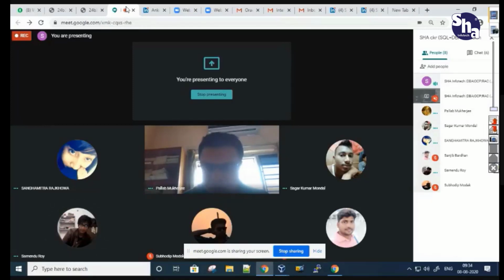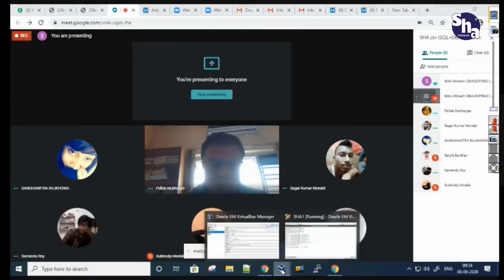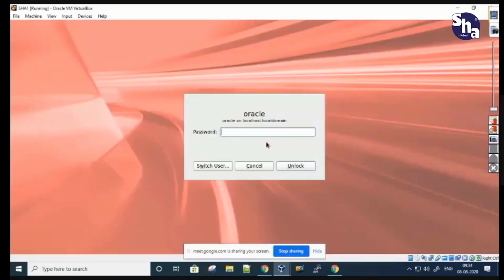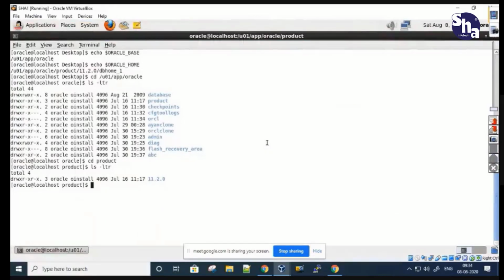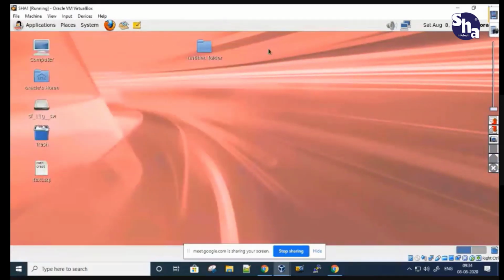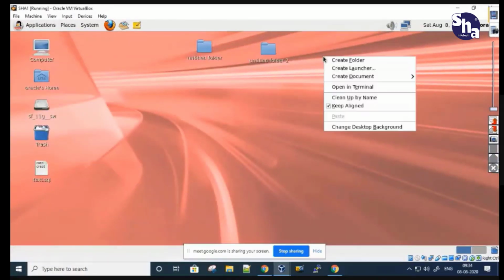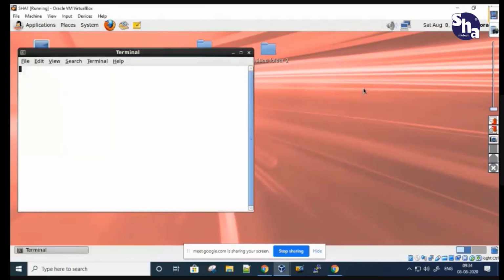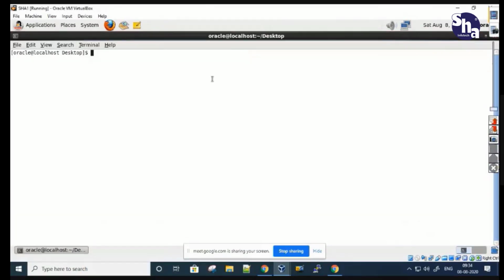Okay, same way, why are we discussing all those things? The same thing is there in Oracle also. And just see what I'm doing here. The concept is 110% the same, okay? Here also we have to set the environment. So let me close this one. I'm just doing right click and open terminal. Okay, and after opening the terminal,